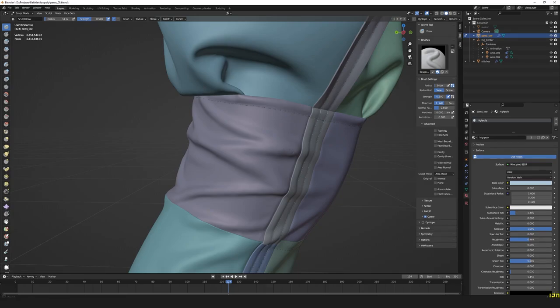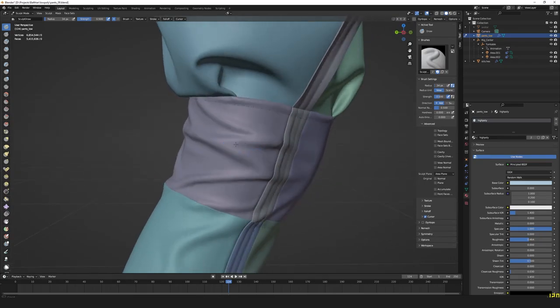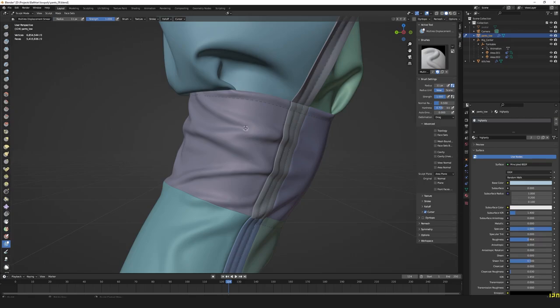Other tools that we can use when we are working on a mesh that already has UVs are these multi-res displacement brushes here. There's also the multi-res eraser that is right over the brush that I have currently selected, and we'll use that a little bit later. But for now, this particular multi-res displacement nudge, I believe it's called, the one on which I currently am, you can kind of use that here a little bit, as you can see,